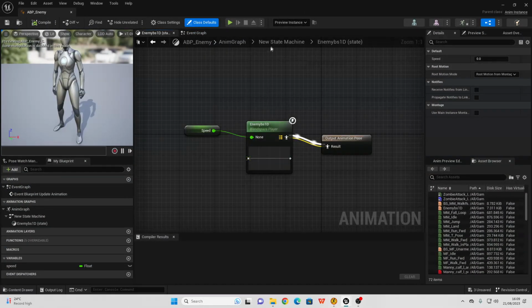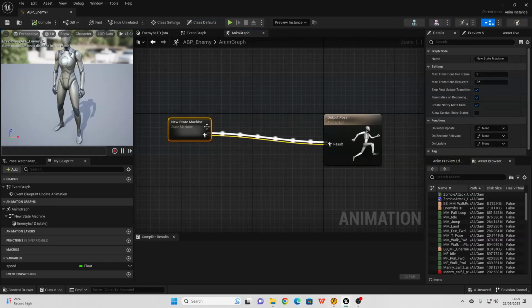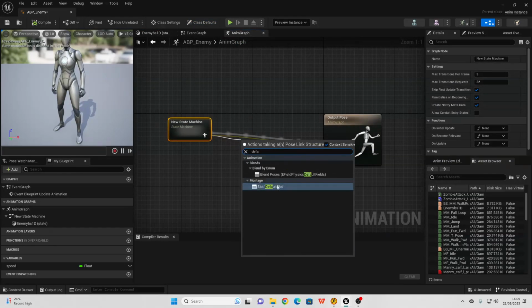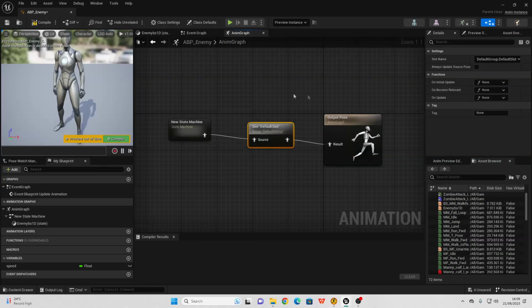Go over to the blend space 1D and then to the animation graph, and just drag off here and look for default slot. This will allow our enemy to basically play animation montages. If we just compile and close this,